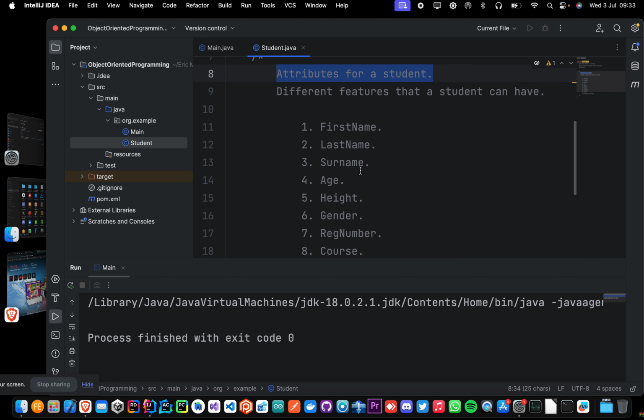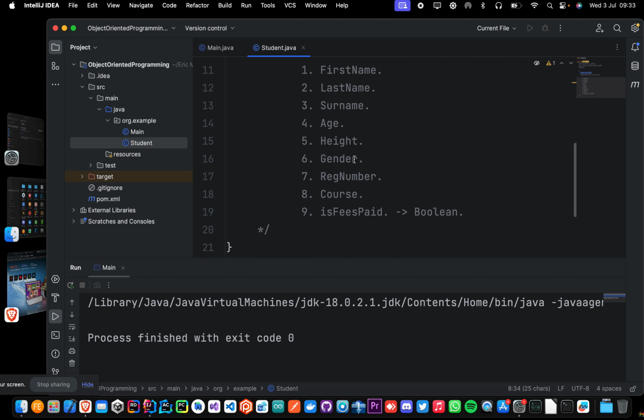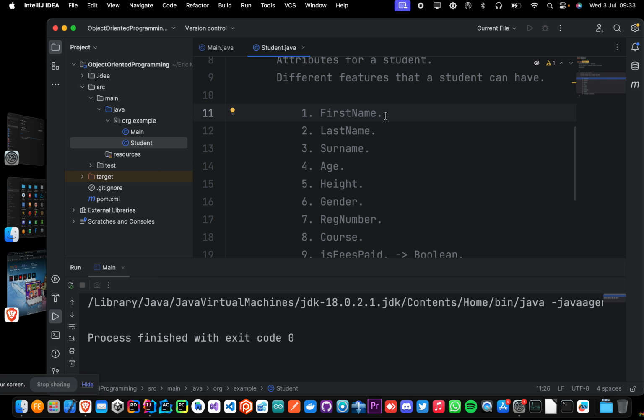And in these attributes, you have to ask yourself which data type you will be using for all these. I know this is simple for you, it's quite trivial. So for the first name, this is a string because we'll have to use a name. The same thing, string, and also this is a string. Now for age, this is a different case. Age is a number. People say age is just a number. So it's just a number, and our just a number is an int. Also for height,